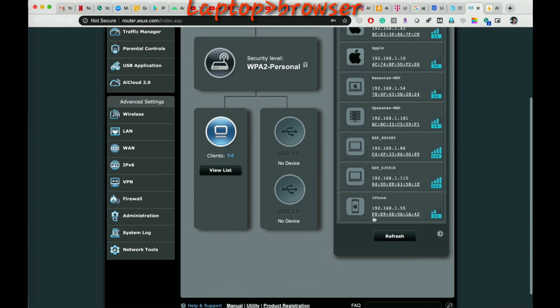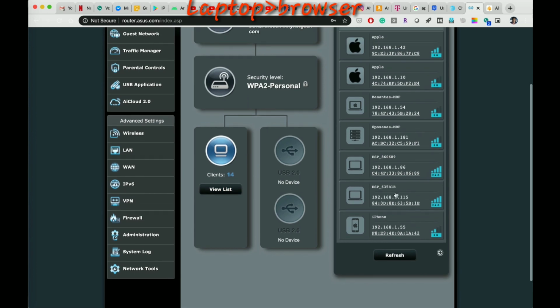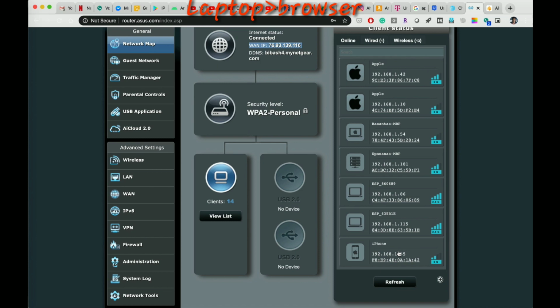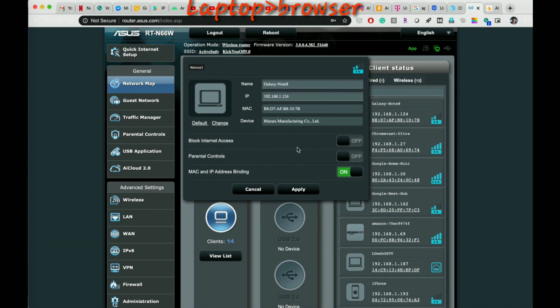All the devices connected to this router are these, and my old phone, I'll get from here, is Galaxy Note 8. Click on this icon, not on the IP address or any other place. If you click on this, it will show you the settings, and